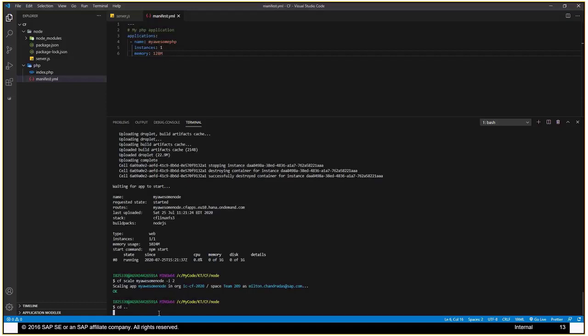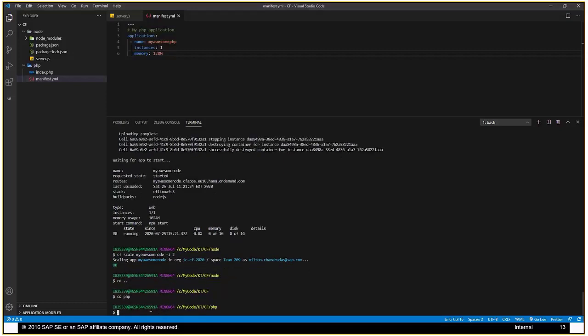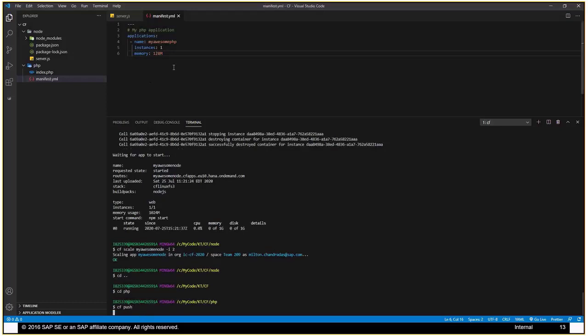Now I can go into the PHP folder with cd, and then I can just do cf push. I don't have to provide the name of the application, because the name is already in this YAML file. It can pick it up from there, and it will use 128 megs. And all this configuration, like I said, Preeti, anything and everything we want, we can put here. I'm just going to say cf push,